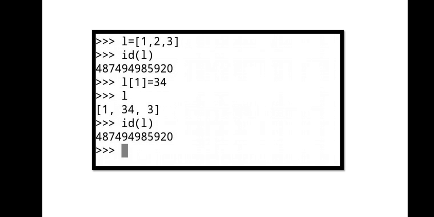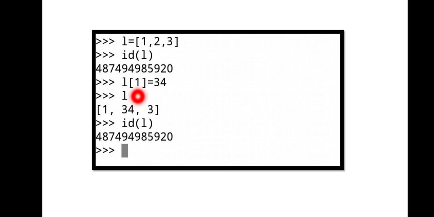Now coming to the mutable data types. Mutable data types are those in which if you change anything, the address will not change. They will allow changes in the same memory location. Let us understand with the help of an example. See, list and dictionary are considered to be mutable data types. So I have taken a list L here and assigned 1, 2, 3 to it. Displayed the address of L. Its address is this one.